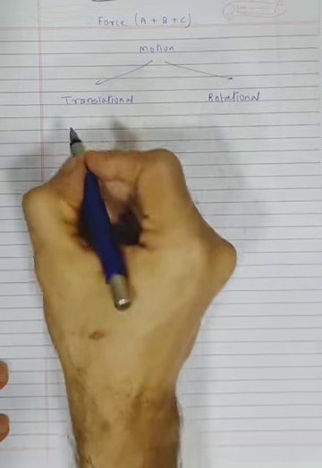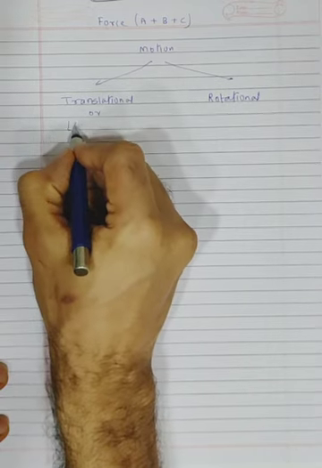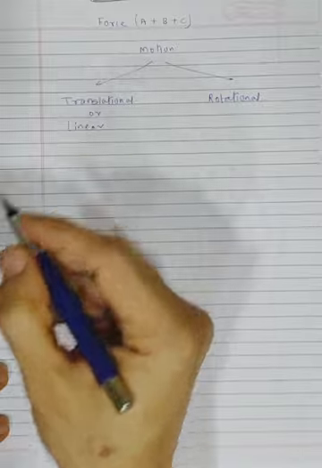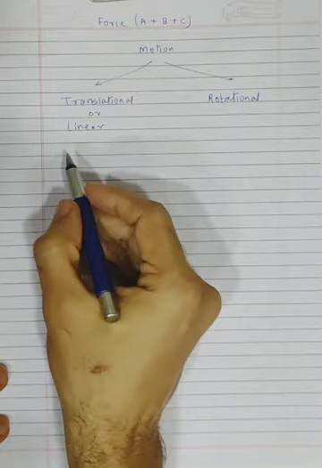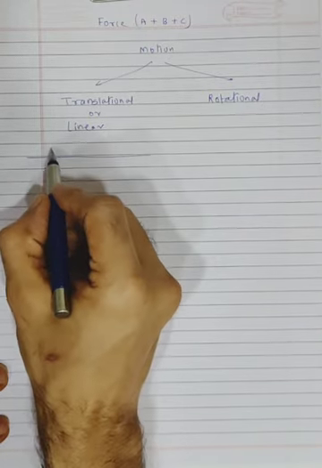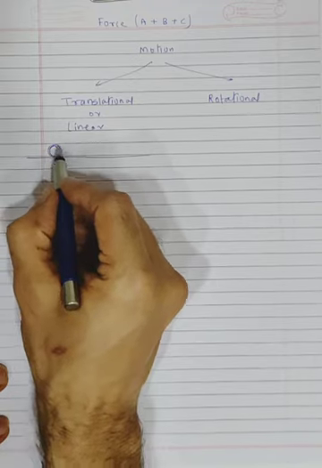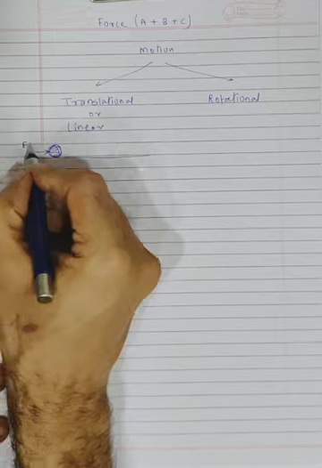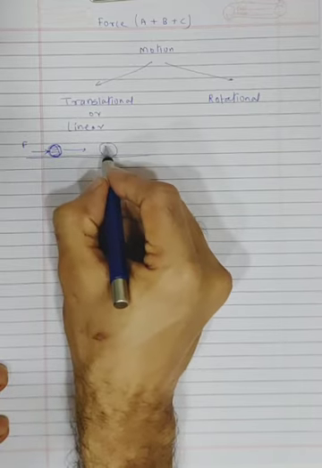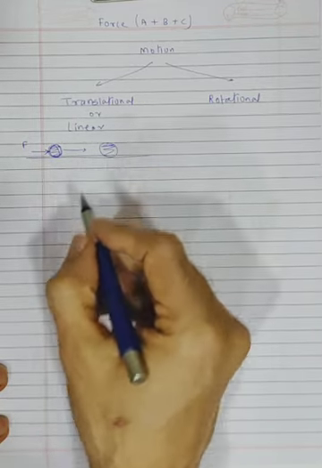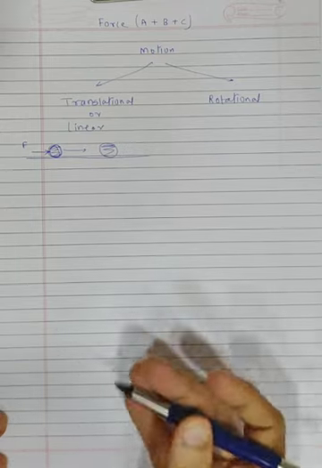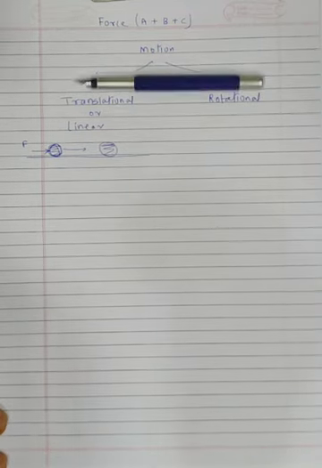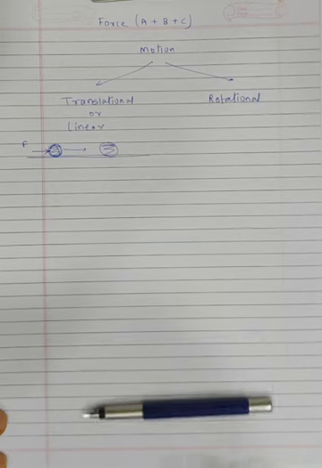So translational, or it is also called what? Linear motion. For example, say there is a ball which is lying on the floor out here. Okay, and then you apply force on this object. What will happen? This will start rolling further, correct? It starts rolling further. So that is called what? Translational motion. So you can see this pen is rolling out there. So that's a translational motion.